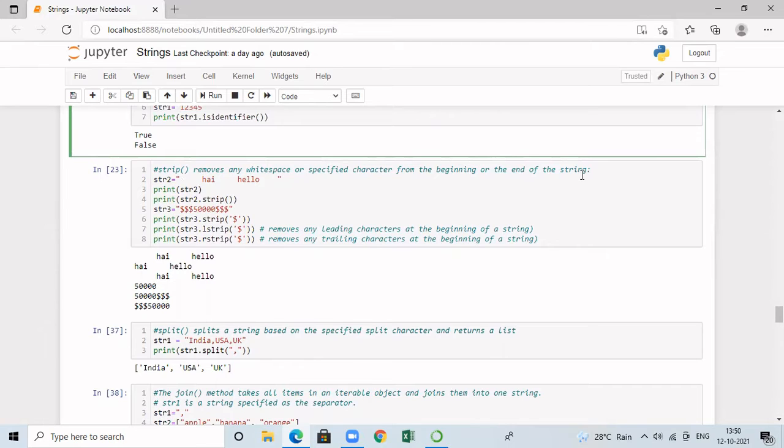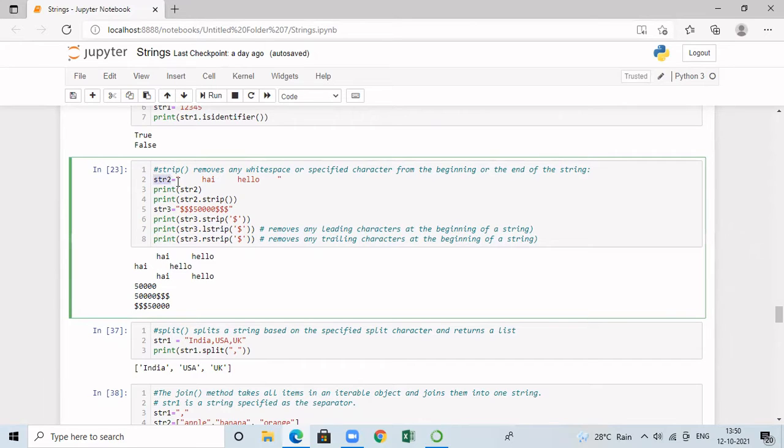Let me assume that I have a string object str2 that is initialized with some space at the beginning, then "hi message", after that again space in the middle, "hello", then again space at the end.